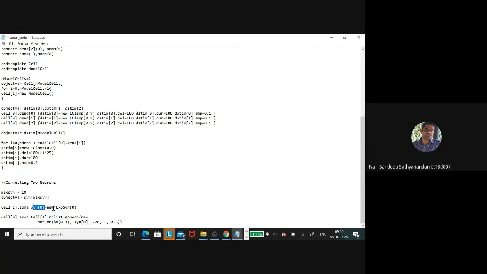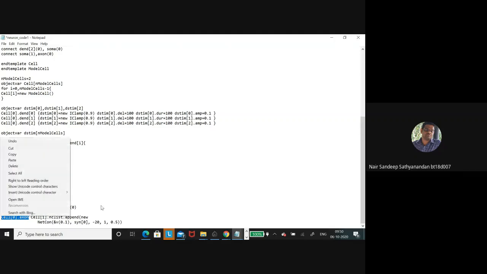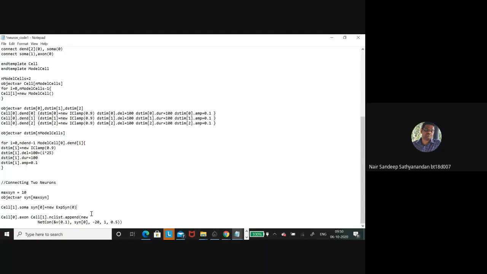The synapse has the property that is exp-syn, that is a standard function available inside the NEURON simulator. And then from where you want to connect, you go inside cell 0.axon. From there you want to connect. Mention the target where you want to connect, cell 1 dot. This is the last, because we are using an NC list where we have appended the new net connections. And then this is the 0.1 of the axon, that is where I'm connecting using the synapse. And then this is the threshold voltage.